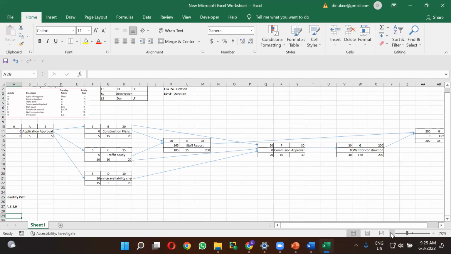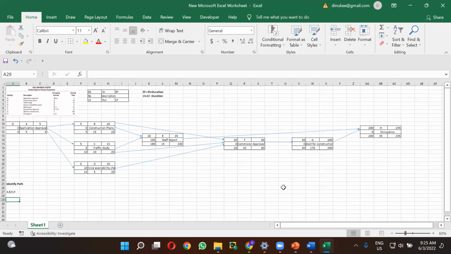If I make it a little bit bigger, I couldn't see the whole path. That's why I make it as zoom. Okay. So the first path is A, B, E, and H, and the second path I am choosing A,